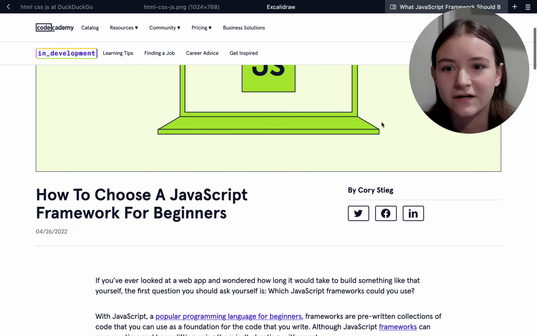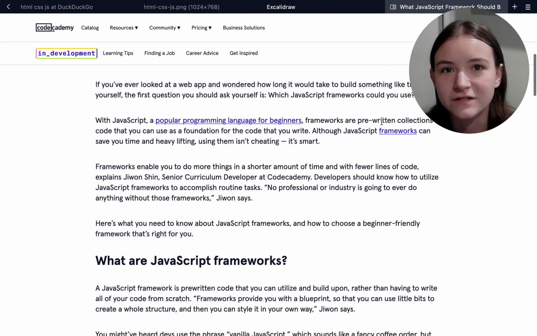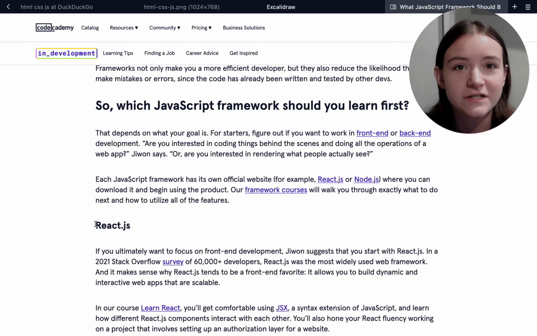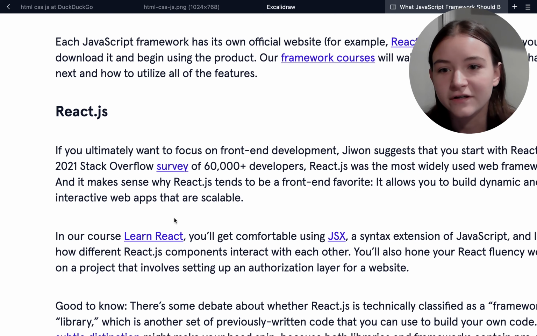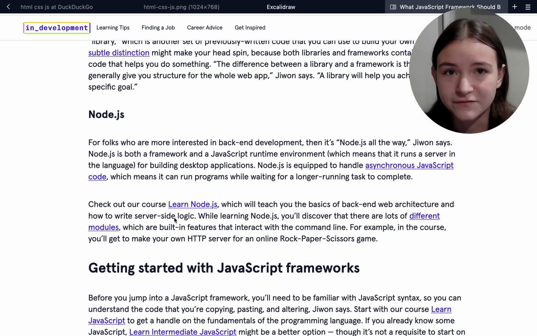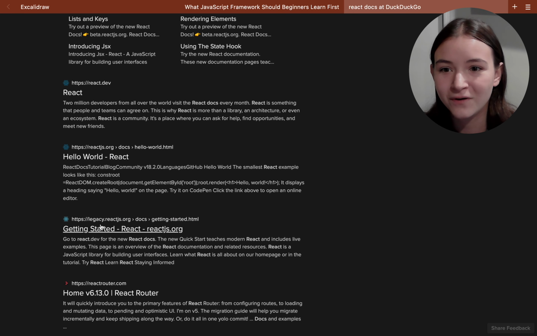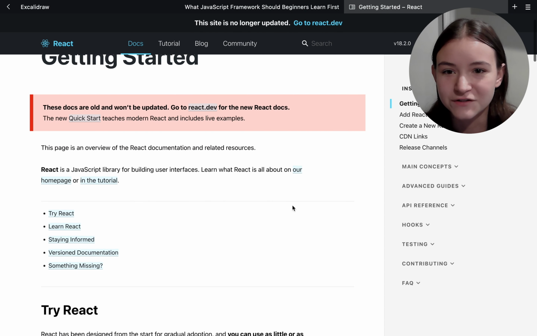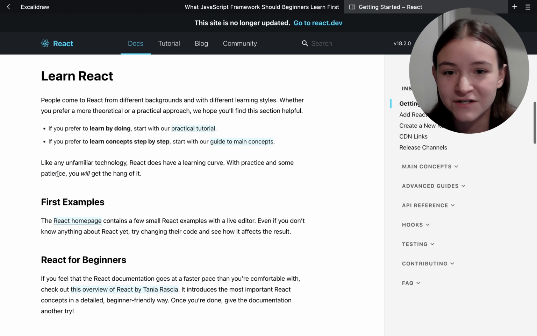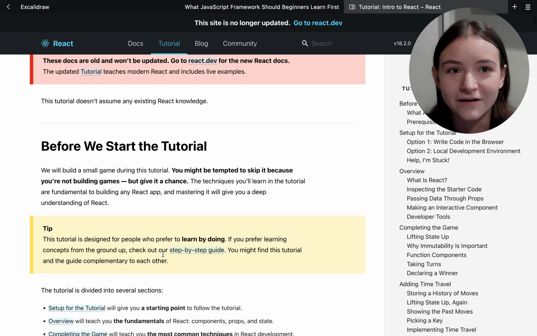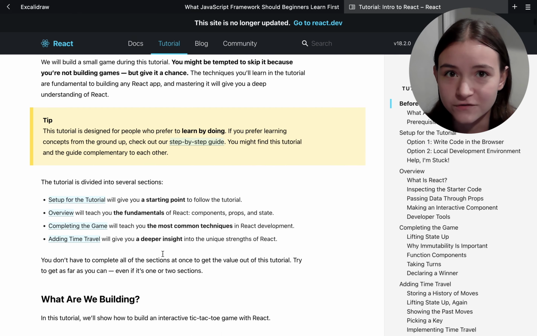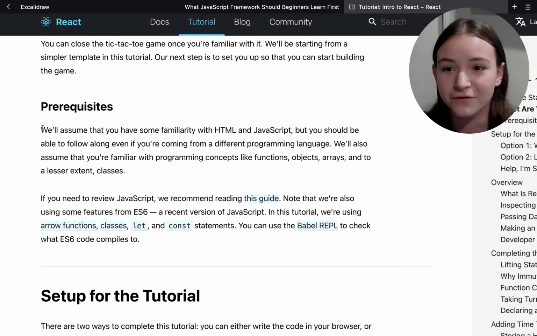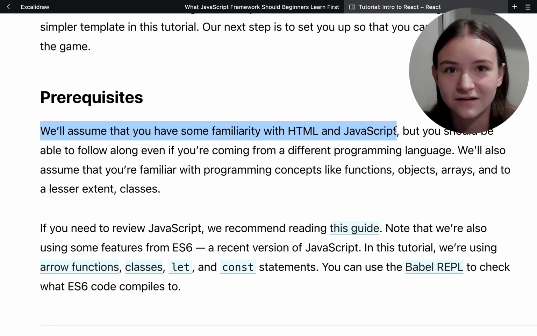Web frameworks provide us with powerful tools, optimizations, and abstractions that make coding complex applications much easier. But relying too heavily on frameworks right from the start is problematic. When you go onto the legacy React docs, not even the new ones, there's this small paragraph that says, make sure you have a familiarity with JavaScript and HTML before you start this React tutorial. And I think they need to include this on their new docs and make it bigger